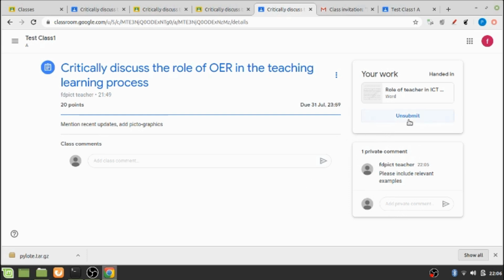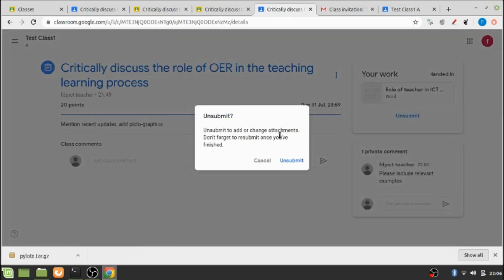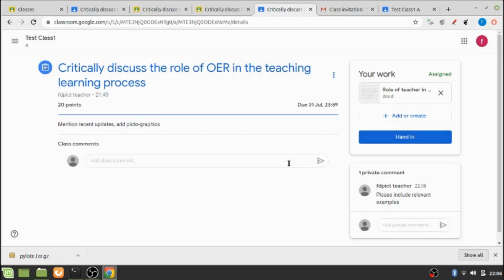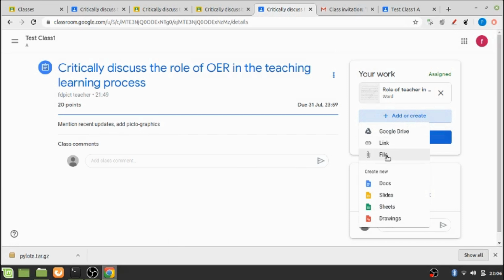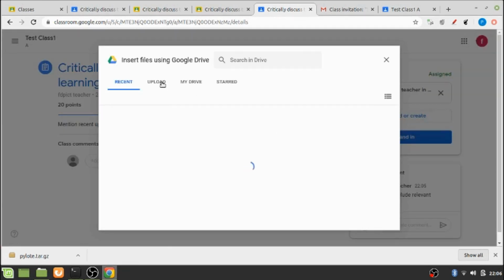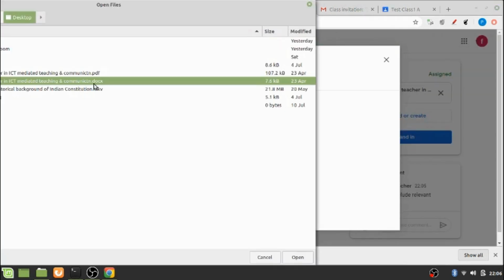So let's say the student now unsubmits his already submitted assignment, and he makes the necessary corrections in his file, and again he adds the same from the local device.